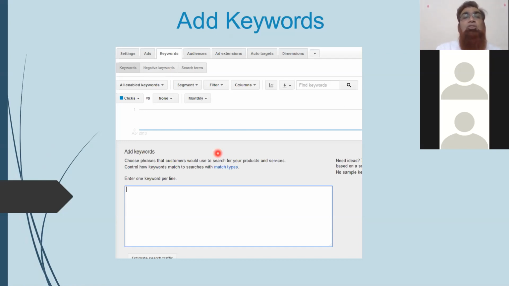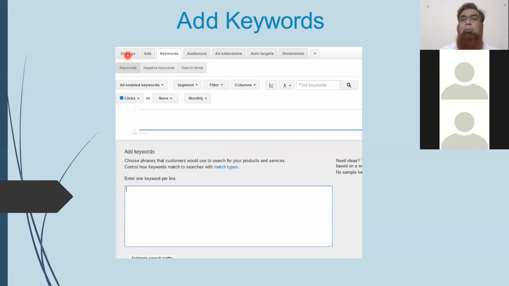Now in this you will also get an option called settings. If you click on settings, it will ask for your budget, time, and the language in which you want to publish. So these are the few settings it will ask for. You will see that in a practical session; even today we will see it in real time when we create a real ad. And there you can do settings and modifications.